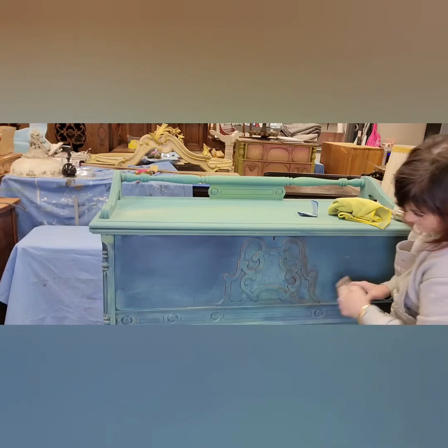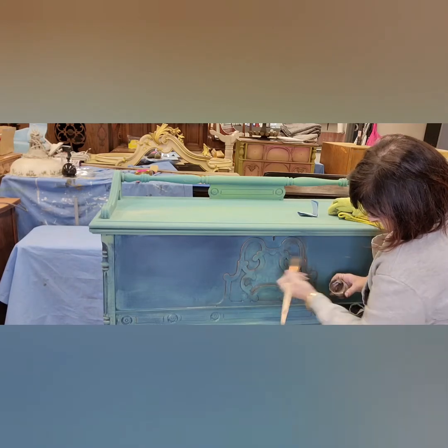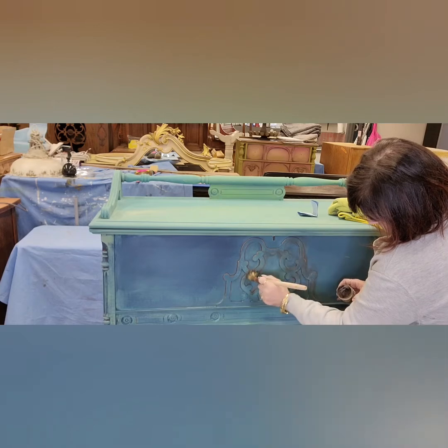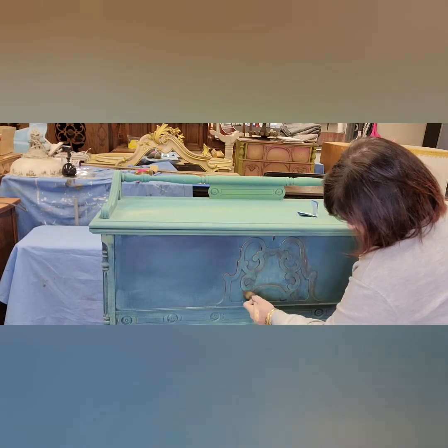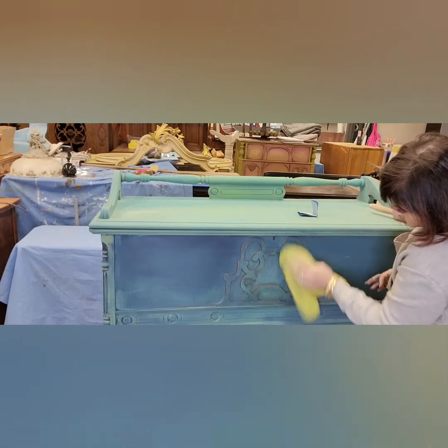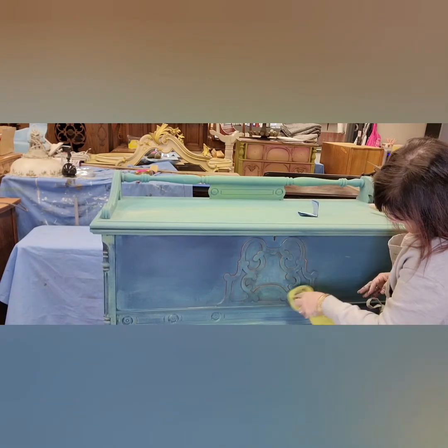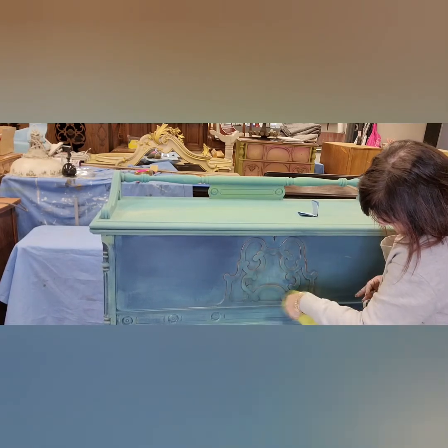I am still going to add a little bit of brown wax on this side because we only did the left side. Now we're doing the right side. And isn't this so fun? This is going to add the dimension and detail, like I said, that we didn't have prior. We're just going to wipe it off lightly. Since we've clear waxed already, we're not going to stand the chance of getting it to stain the paint. It's going to come right off, and it's only going to be in those